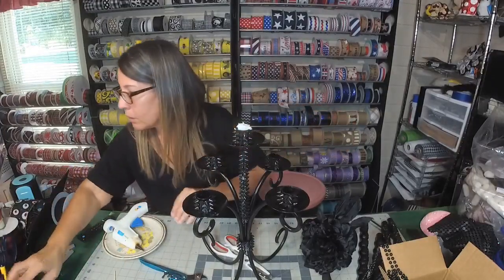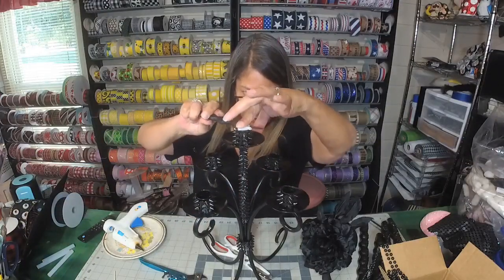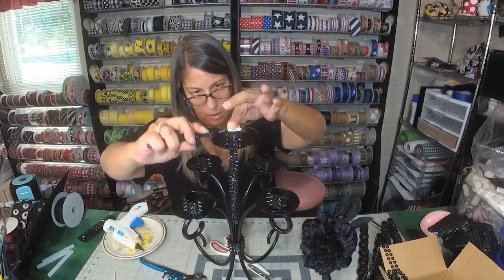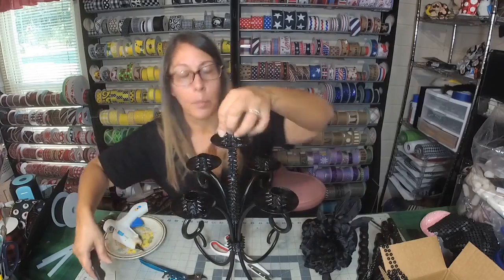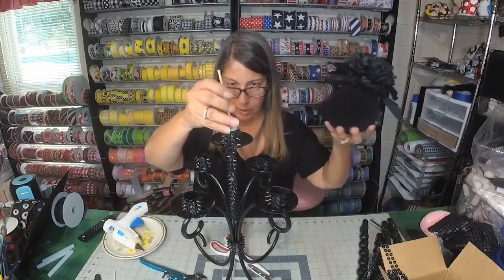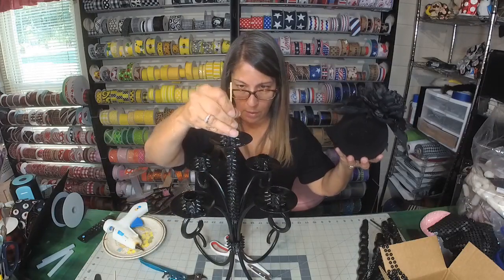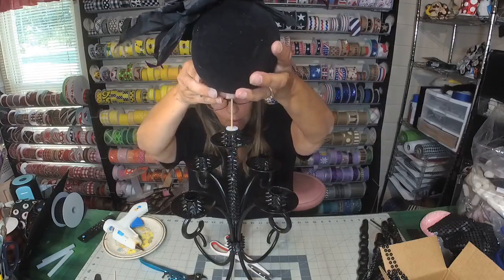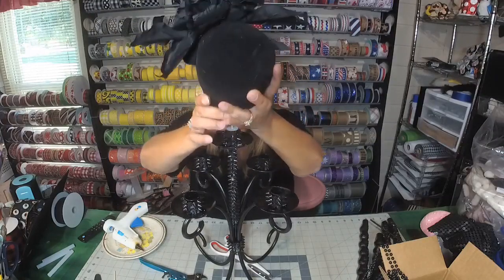All right, I do have a knife. So very carefully, I'm going to trim off that excess. All right, let's see if that works. I'm going to put it right in the middle. Now the hole I put in the bottom, I used